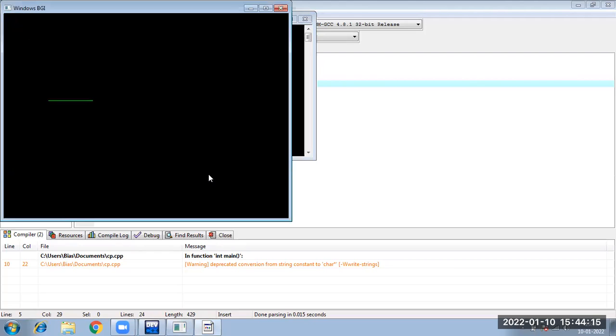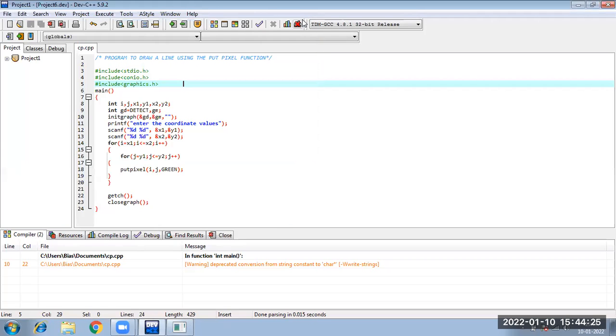And you see, as a result, in the Windows BGI console, in the graphics console, the line is drawn. So using the putPixel function, using the concept of how lines are drawn, you people are able to draw the line. So you see, the programs can be run in any way. You can take value from the user. You can input some value forcefully inside the program itself. Whatever you wish to do, you can. The logic and everything is similar to C programs.